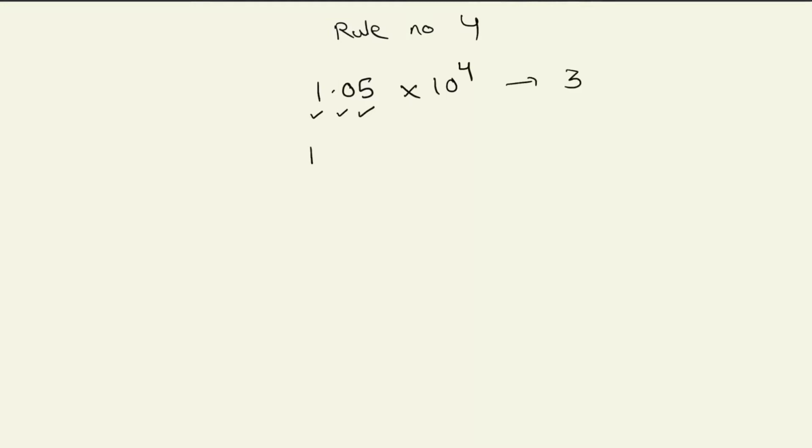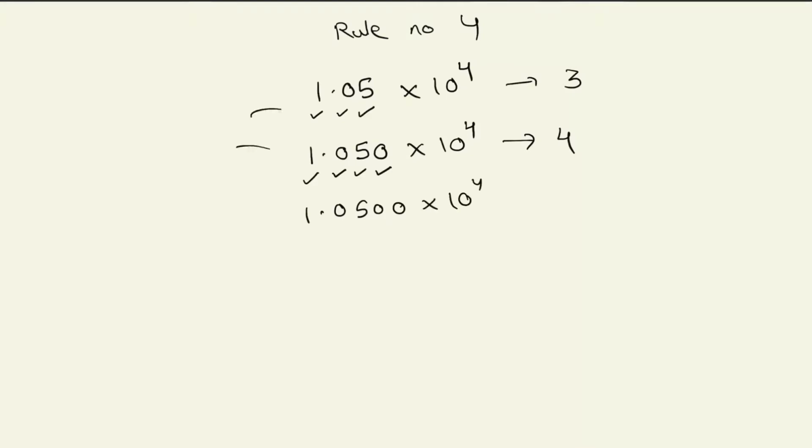Let's take one more example. If we again mention one more 0 here, the value is same, but here the number of significant figures will be different. 1, 2, 3, 4. Here again like 1.0500, again here these are all the same digits, but the number of significant figures are different in all of them. 1, 2, 3, 4, 5. So total number of significant figures are 5.